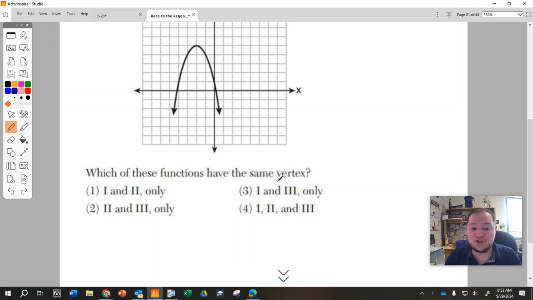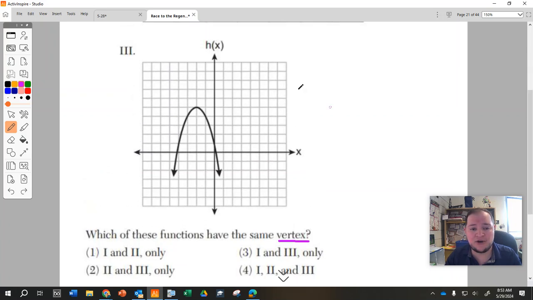Now, this is a vocab question. It's asking about vertex. It's asking about quadratics. The first place you should look for vocab and parts of a quadratic is graph form. Fortunately, we have a graph, so this is where our conversation is going to start. Where is the vertex on a quadratic equation, on a parabola? Where's the vertex live? The vertex is the elbow in the letter V, the bottom of the V, the elbow,